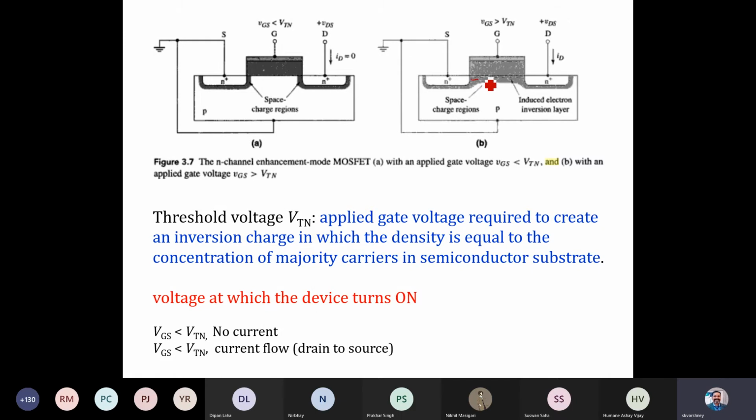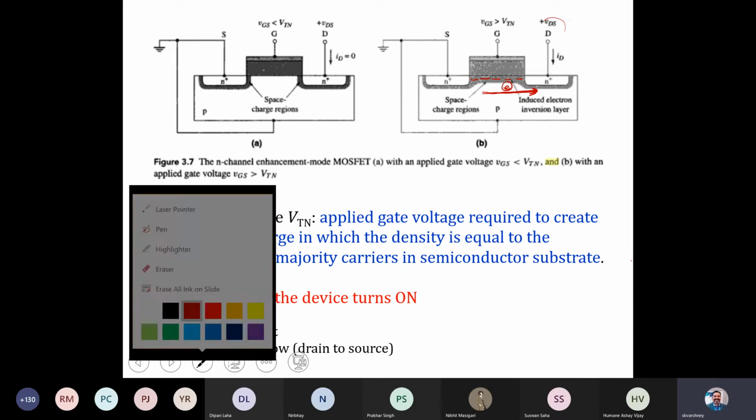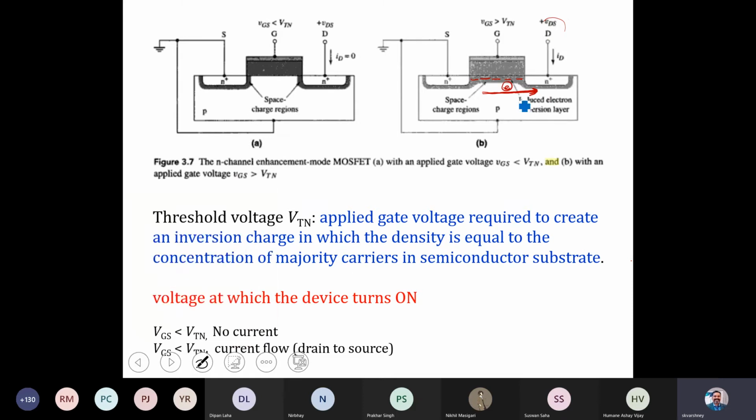Since the drain is at a positive terminal, the electrons will flow from source to drain, and the current direction, the drain current, will flow from drain to source.